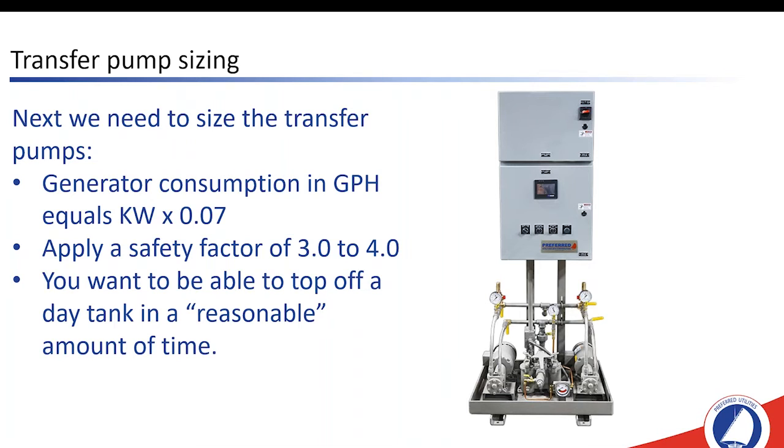You want to apply a generous safety factor to the transfer pump sizing because you want to be able to top off a day tank or a belly tank relatively quickly and let the supply pump cycle off. Preferred will apply a safety factor of 3 to 4 on top of generator consumption, and then calculate how long it takes each pump to go from 50% pump on in a belly tank to 80% pump off. So sizing that might look good for a 200-gallon belly tank system,